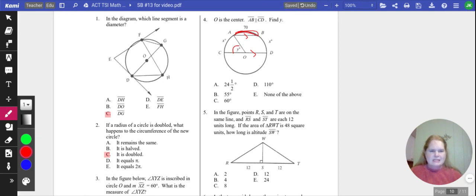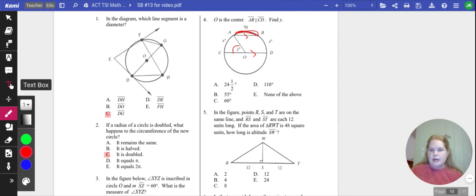So this here is X, and this is X. And I'm looking at this from here. This is a 180 degree arc. It has to be, because it's half of a circle. So if I know that guy is a 180 degree arc,